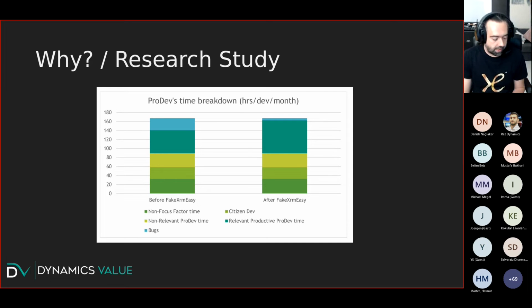So this is, again, if you have any questions, please drop me an email. I won't go through everything because it's massive, and I'm already spending like 10 minutes. But basically, the idea of the research study was to measure the time before and after. As you can see, the two boxes at the top, the one in blue is the time spent on bug fixes, and the second one from the top, in green, is actually the time where we could use FakeXrm,